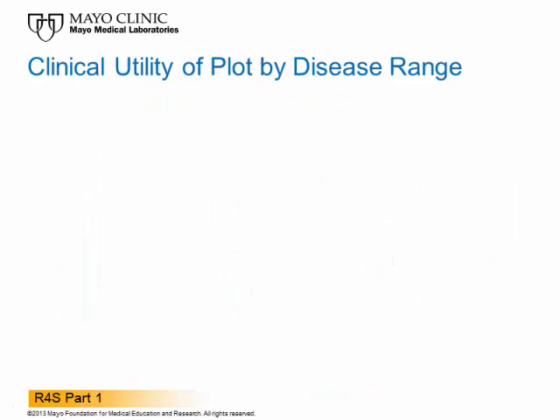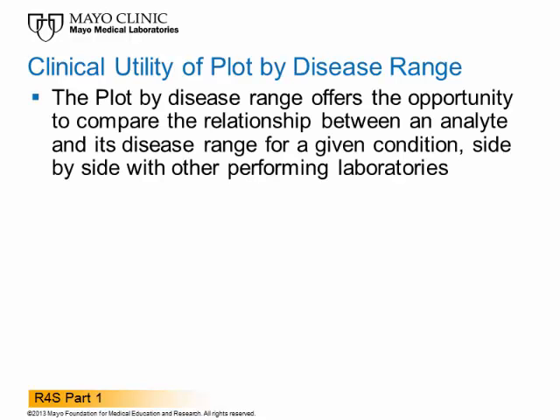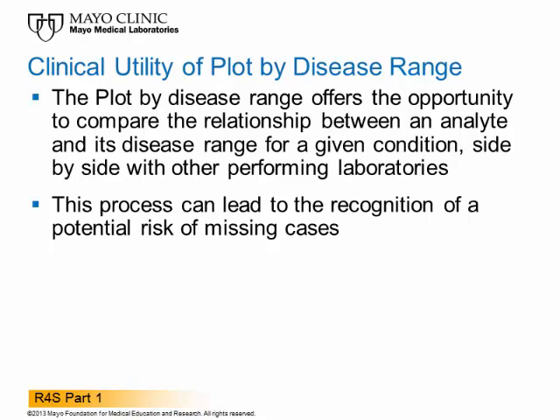The clinical utility of a plot by disease range is found in the ability to objectively compare a laboratory-owned but often limited experience to that of other sites. This process could indeed lead to the recognition of a potential risk of missing cases because the cutoff value is set either too high or too low. To mitigate the concern that this plot could be misinterpreted because of excessive inter-laboratory variability,